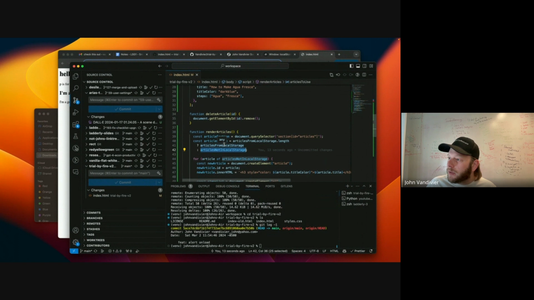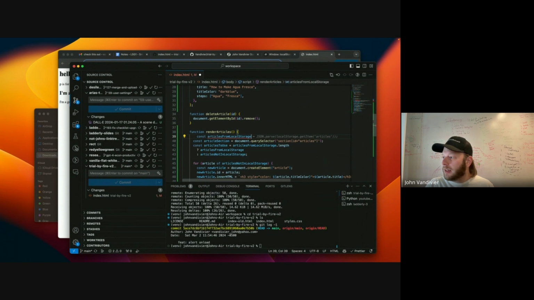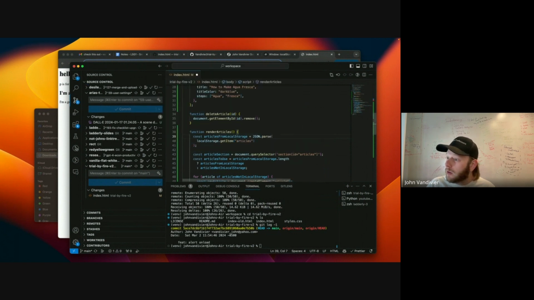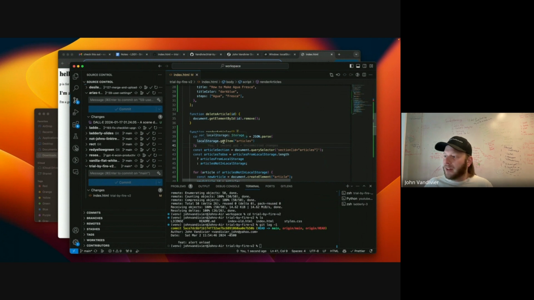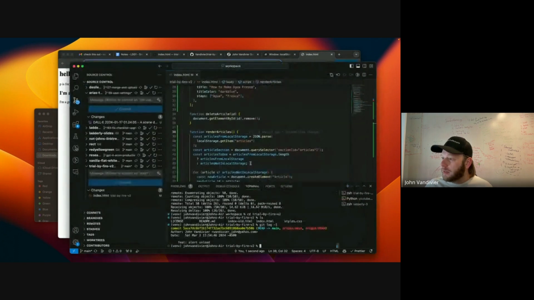Articles from local storage is just like that. And I should see the default ones because there's nothing in local storage right now. Cannot read length.